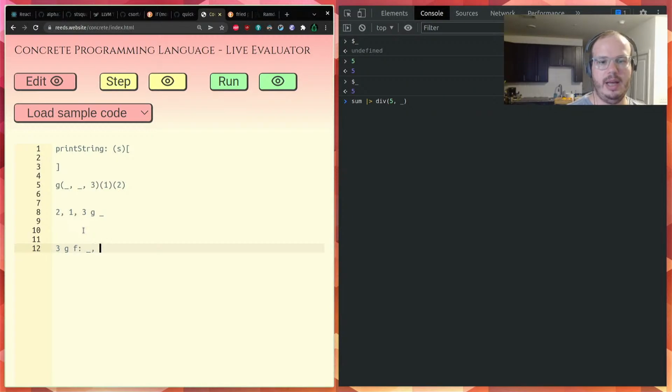And then let's apply F to 1. And then let's apply 2 to this result. So there's no good way, like Forth has the advantage of swap.